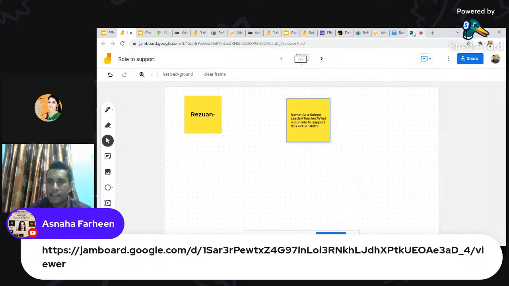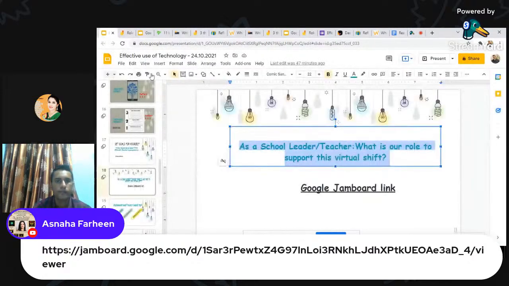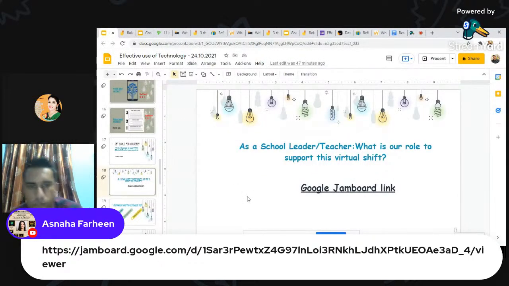I have given the link in the chat box. Those who are struggling to write in the Google Jamboard, you can write your answer in the chat box so we can read it aloud.